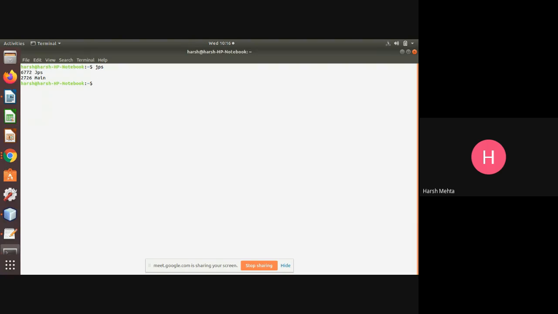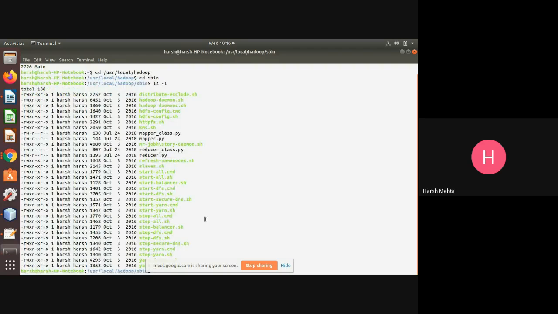So let me go to the Hadoop. Where is my setup? It's in cd usr local bin hadoop, and here cd sbin, and here one command is there, start-all.sh, to start all the services.